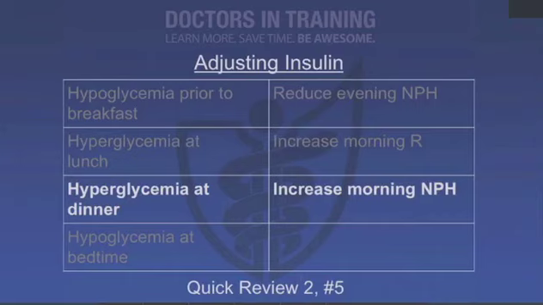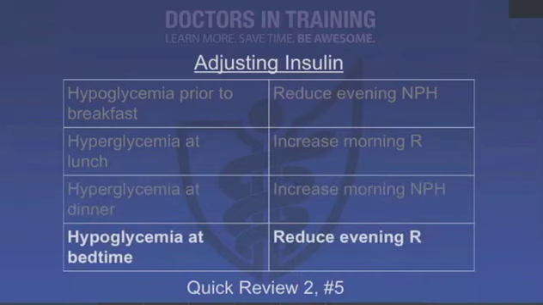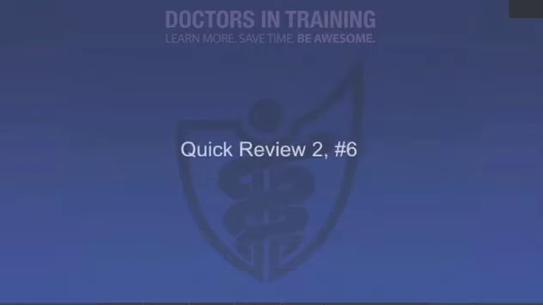So if you have hyperglycemia at dinner or right before dinner, you're going to need to increase your morning NPH. Hypoglycemia at bedtime, in that case you would reduce your evening regular insulin dose. Number 6, again, this is one of these very loose rules, it's not a hard and fast rule, but